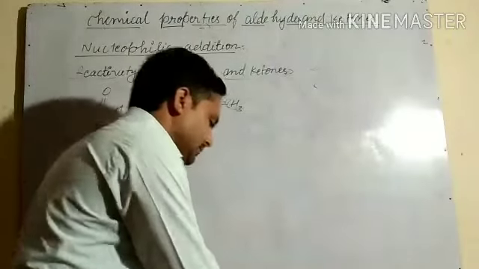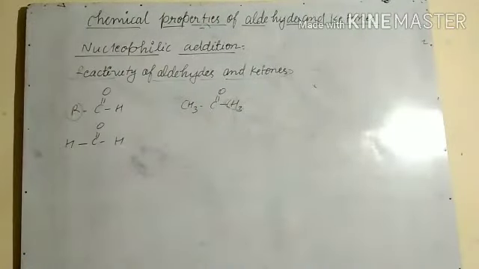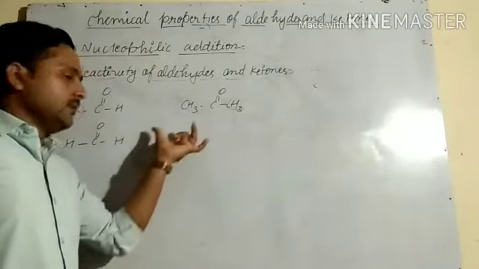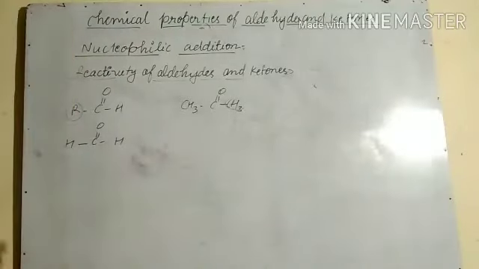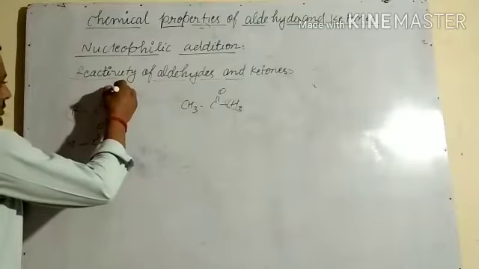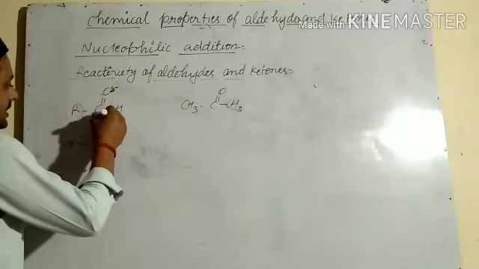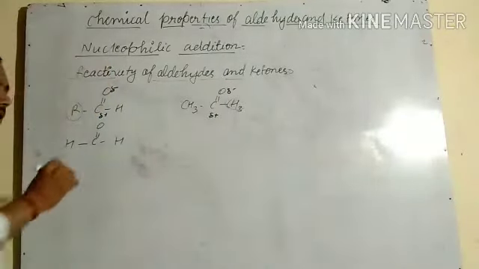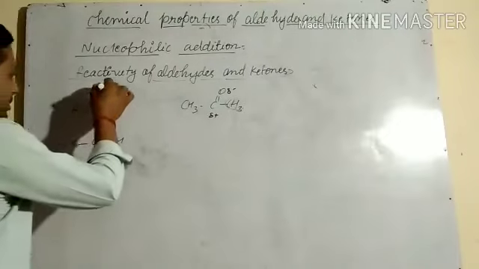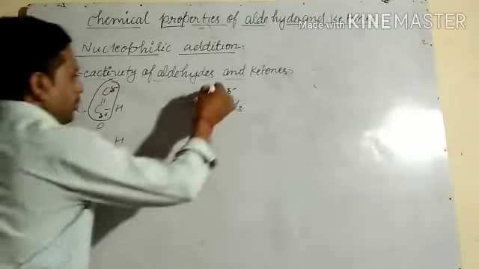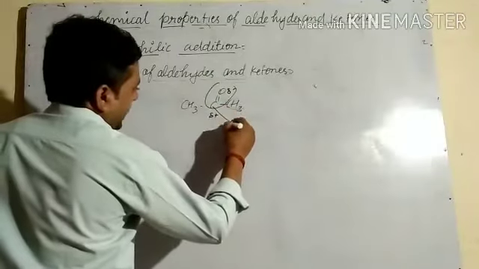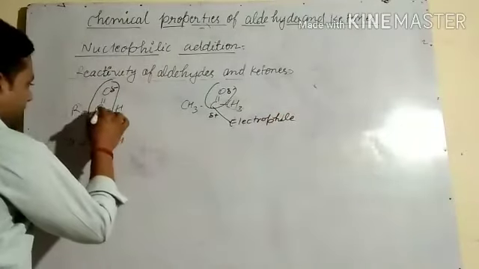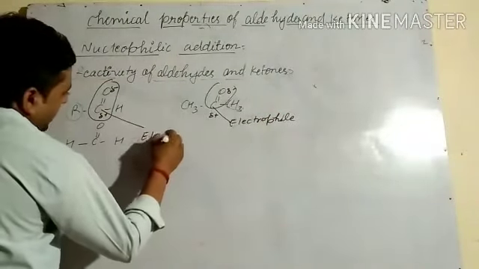We have already discussed this in a previous video; I have uploaded one more video about this, but we can discuss it a little here. Here the oxygen is delta minus and the carbon delta plus, and here also delta plus and delta minus. We have already discussed that the carbonyl carbon is polar and acts as an electrophile, and here also it acts as an electrophile.